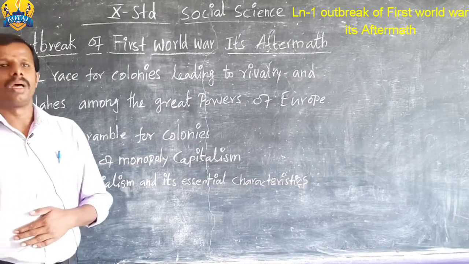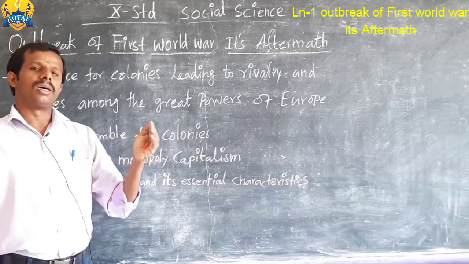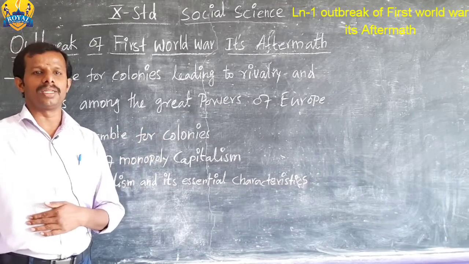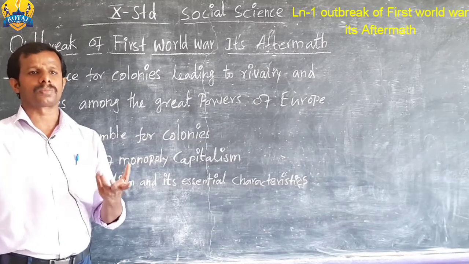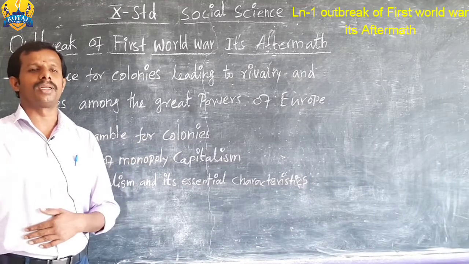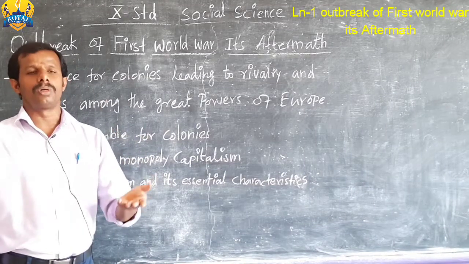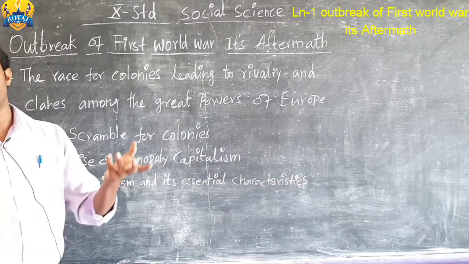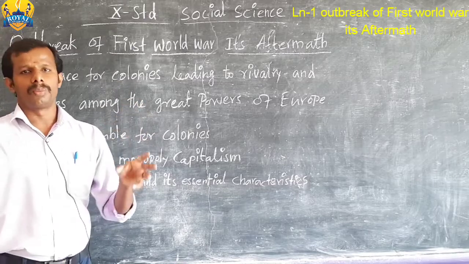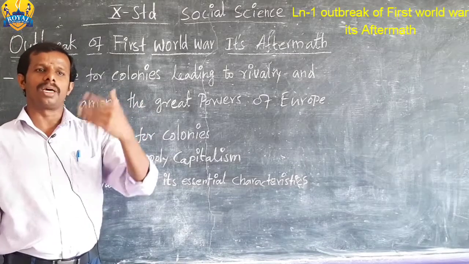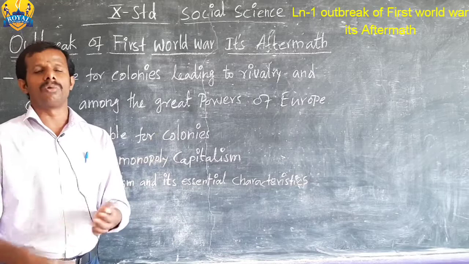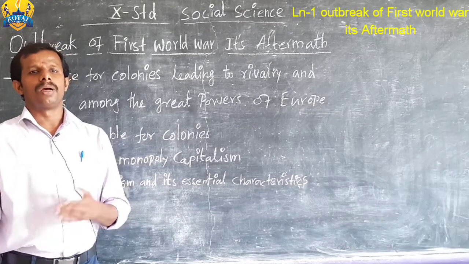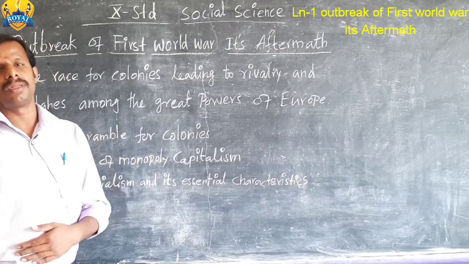For example, after 1870, Germany and Italy were unified and became powerful countries. This led to their industrial development, and they became great producers of goods,